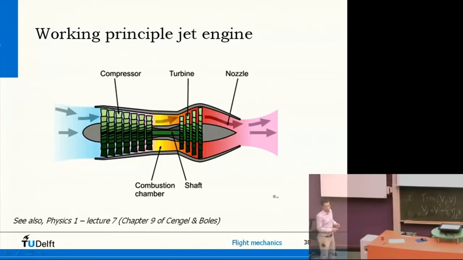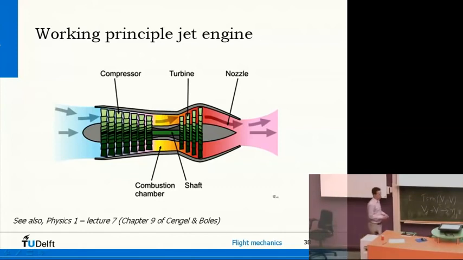Then after the compressor, fuel is injected into the engine. It's then ignited, and of course you now have a high pressure gas which is very, very warm because you just combusted the kerosene. And of course that gas wants to expand. It's very hot, very high pressure. Now the turbine is connected to the compressor, and the air is trying to expand, and as it does so, it goes through the turbine. It's a bit like a wind turbine. Air comes by and the thing starts to rotate.